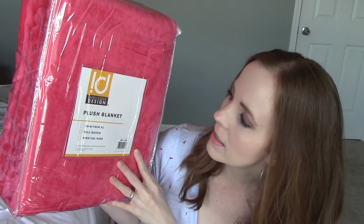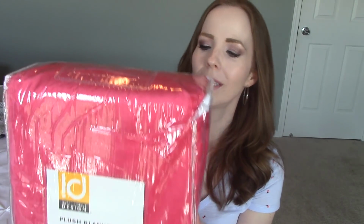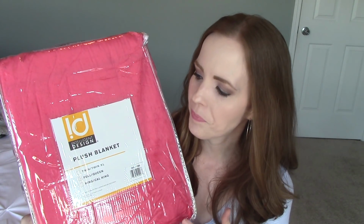To go with her bed, I needed to get her a blanket that would fit a full-size bed. So I found this one at Kohl's. It's the Intelligent Design plush blanket in this bright pink, which is so soft and cozy. So she's really excited about this. She wanted to use it last night, and I was like, no, I have to film it first. So after I get done filming this video, I'm going to go wash it and she'll be able to sleep with it tonight. But it is really, really soft, and it was cheaper to get it at Kohl's because